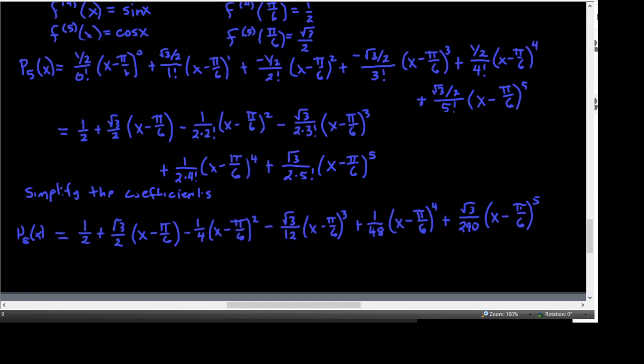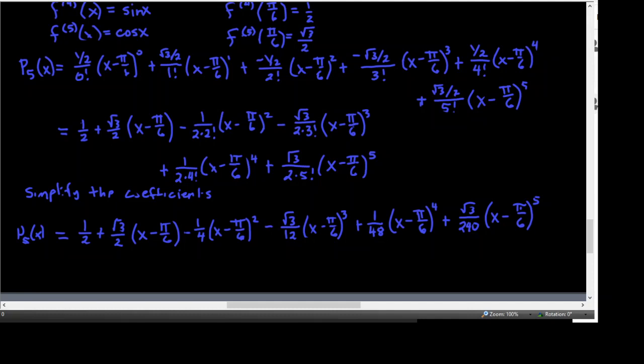Now, simplifying the coefficients, you kind of lose the pattern. So the line above may be easier for following a pattern. For example, that denominator is 2 times something factorial, and that something factorial is the same number as the power on x minus pi over 6. The signs don't strictly alternate, but actually they do go plus plus minus minus plus plus minus minus, etc. And then the numerators alternate between 1 and square root of 3, 1 square root of 3, 1 square root of 3. So there is a pattern there, and if you needed to extend this without going through the process that we just went through to get there, if you could see all of those things, you could say that you know what the next one would be,